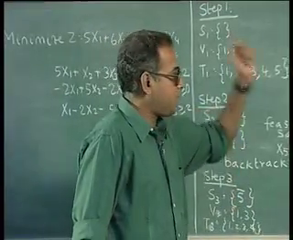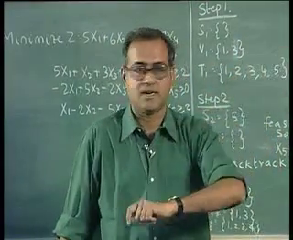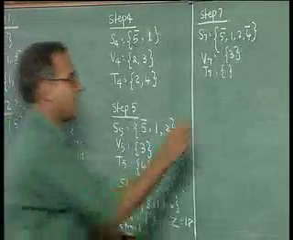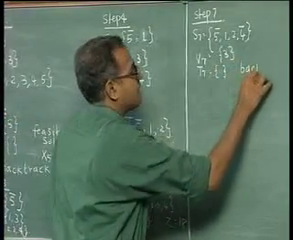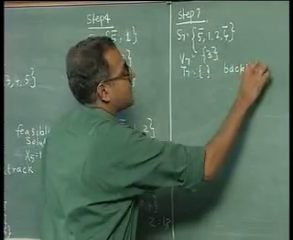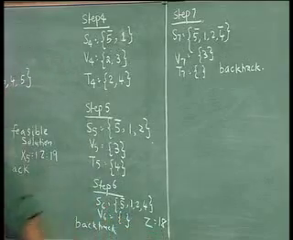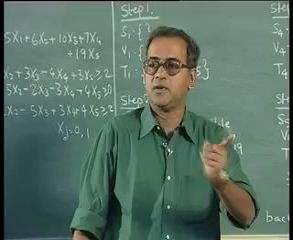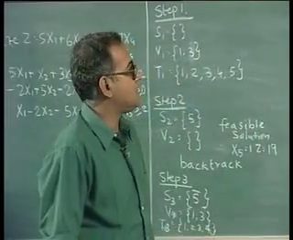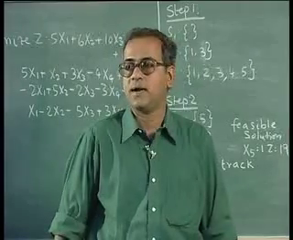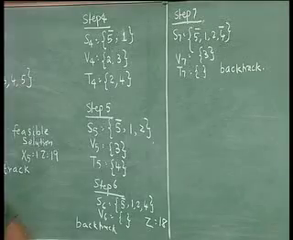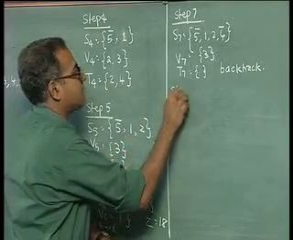Now, when the set of helpful variables becomes a null set, you again backtrack. So, this is the second reason as to why you backtrack. One is when you have a feasible solution, you backtrack. Second is when you do not have a helpful variable, you backtrack. Now, when you backtrack here to step 8,